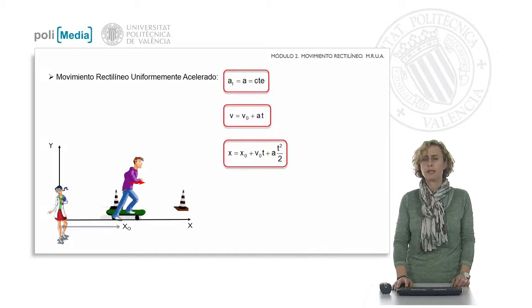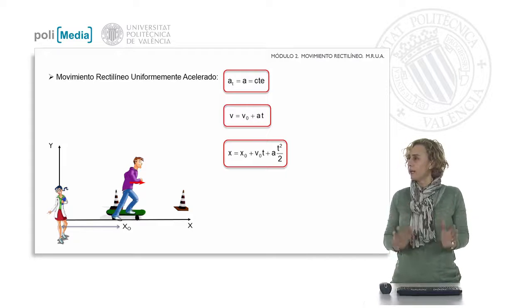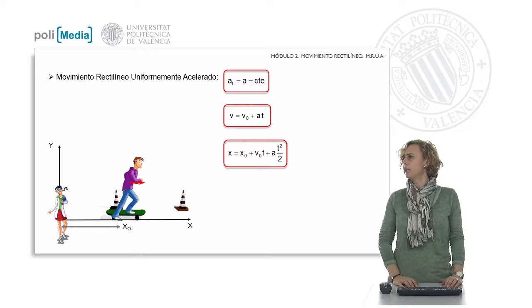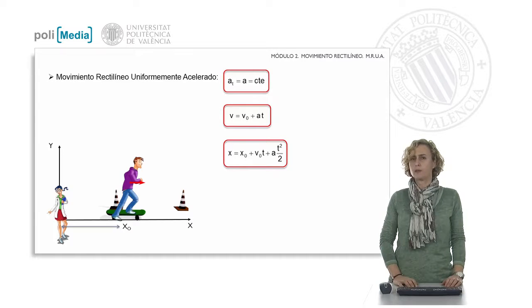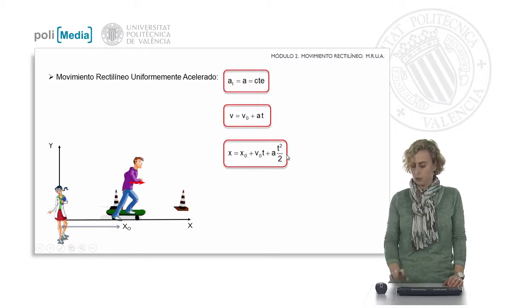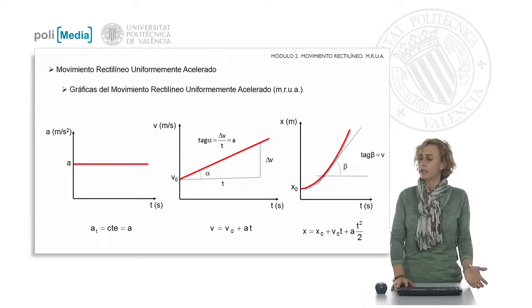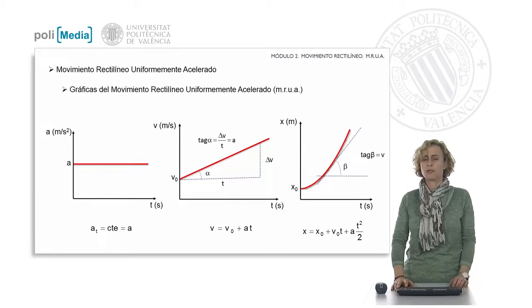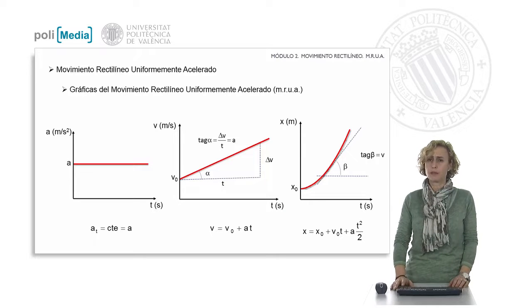We will represent, to continue, the characteristics of uniformly accelerated rectilinear motion. This type of motion has a constant acceleration, a velocity that depends on time as it appears here, and a position that also depends on time. And we have there highlighted,